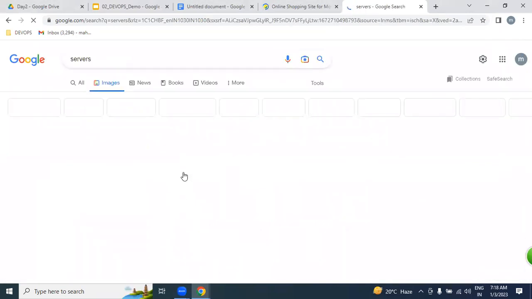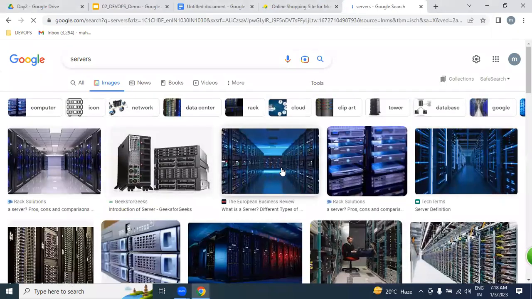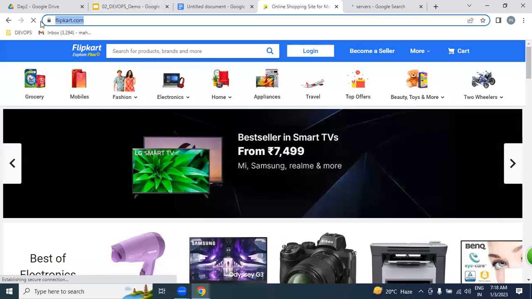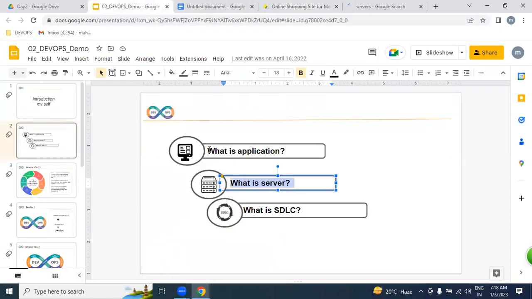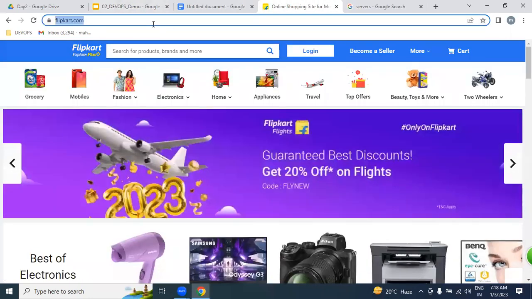Once it is placed, automatically we access it on the internet as a website. So I hope you understand very clearly what is an application and what is a server. Application is nothing but a website, and the website we place on the server side. Then only we access it on the internet as a website.